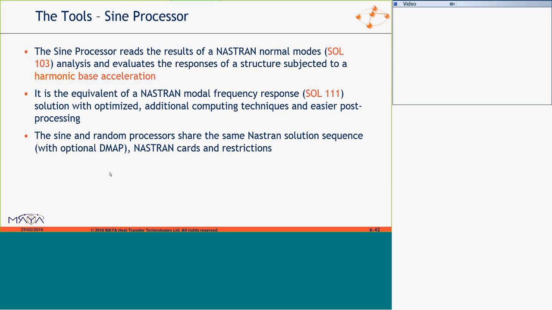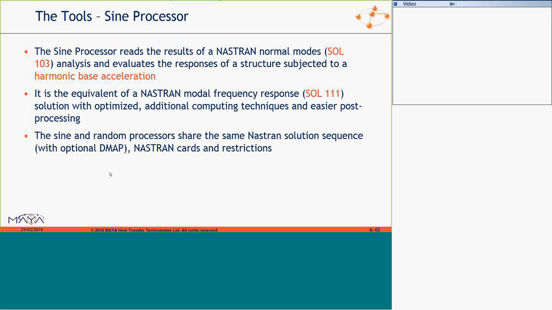What this does is similar to what an X-response sim does. It bases itself off of a Nastran normal mode solution, uses the vectors and grabs the rigid body modes, and then computes the responses of your model for a harmonic base acceleration.